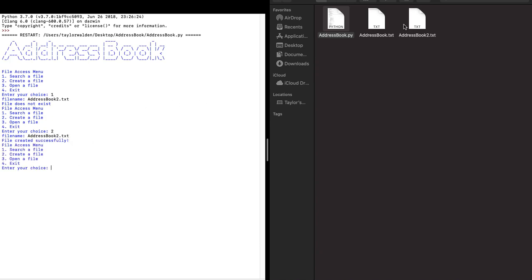And then you can see right here that the file was created. I'm going to work within the address book text file, so I'm going to open a file by entering 3 and type in addressbook.txt, and then the open file menu is displayed on the screen, and then I have the option to add a new contact, search for a contact, modify a contact, delete a contact, read the entire address book, or close the file. So I'm going to go ahead and add a new contact by entering 1, and I'm going to